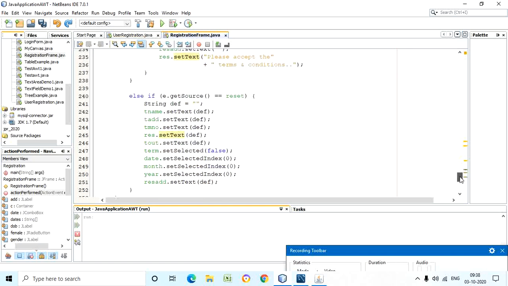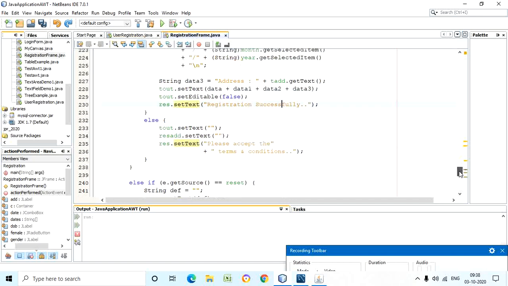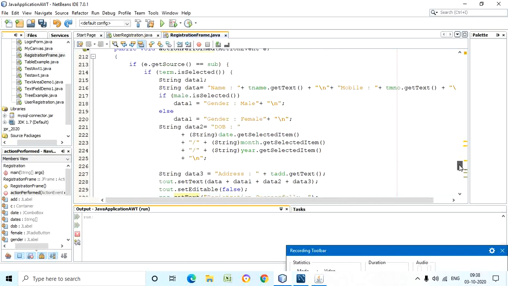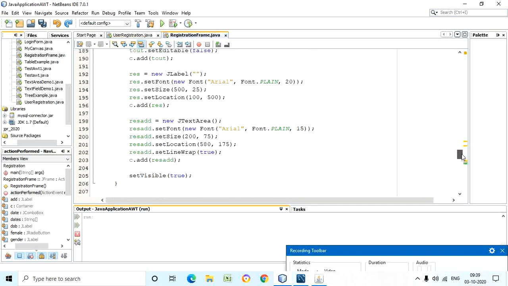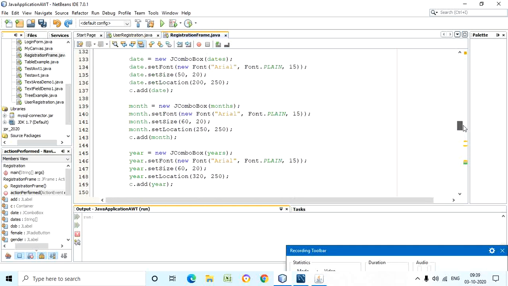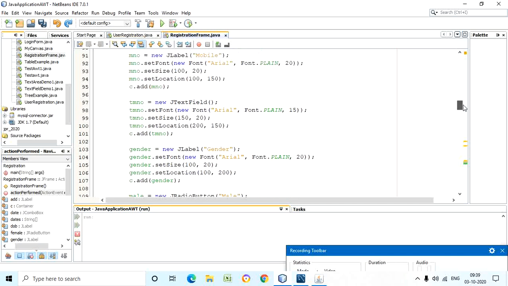I think I have explained how to get the input from the user by using the getText method, how to display it by using the setText method, and how to use different components. I have also discussed in this session how to use a button group, how to take the input from the checkbox by using the getSelectedItem method, and how to get the input from the radio buttons by using the isSelected method. You have seen one exception also, about the getContentPane method. What is the speciality of the getContentPane method, right?